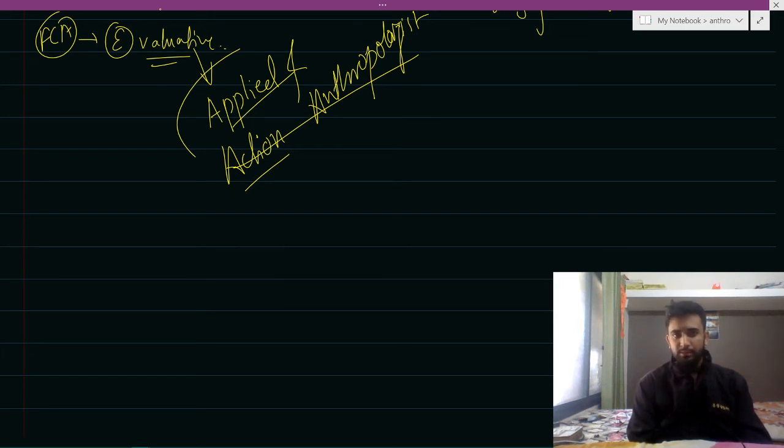Just take an example: cheetahs are being introduced in India, in Kuno, Palpur, which were imported from Namibia. Now, when cheetahs were introduced in the Kuno sanctuary, there was no problem for the nearby communities living there. For example, Bhils live over there. So the communities had no issue with introducing cheetahs.